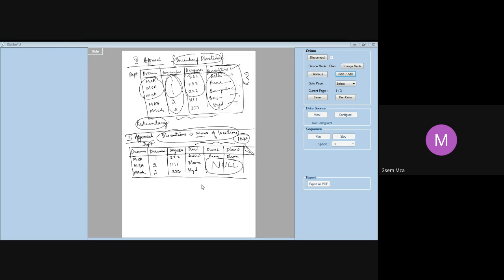Your null values will increase. There may be very few departments which are having multiple locations. Let us say here we have taken 3 departments. Only one department is having multiple locations. All other departments are having just 1. Then what will happen? It will result in a lot of null values. Sometimes it can even become some kind of a sparse matrix where your null values will become more. That's a big disadvantage, again. Null values means you are wasting space. Storage is wasted.